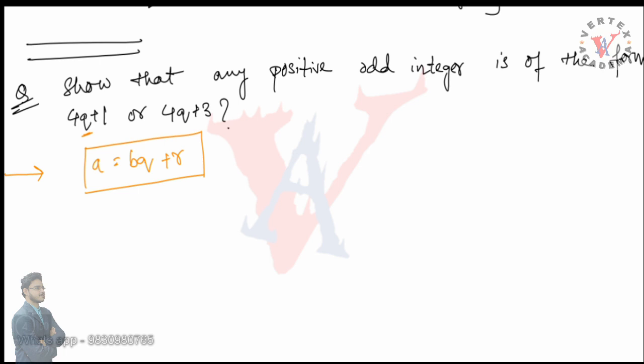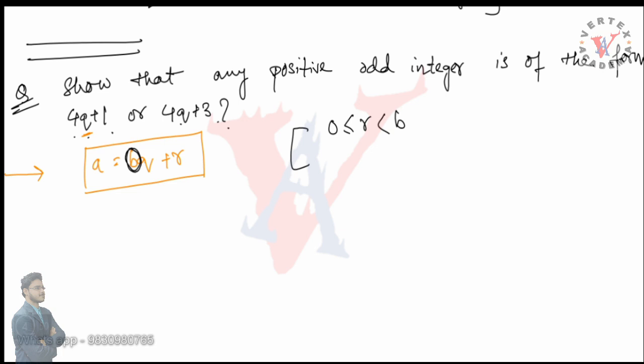Looking at the question, we are seeing 4. So basically in this question we are seeing b to be of the format 4q and r to be 1, 3. So here comes the concept of r. r lies between 0 and b. So you see, in this type of question, if it is 4q, then the added part, plus 1, will always be less than 4, because r cannot be greater than 4. So just by seeing the question, you have to get an intuition of what it is asking or which direction to go.